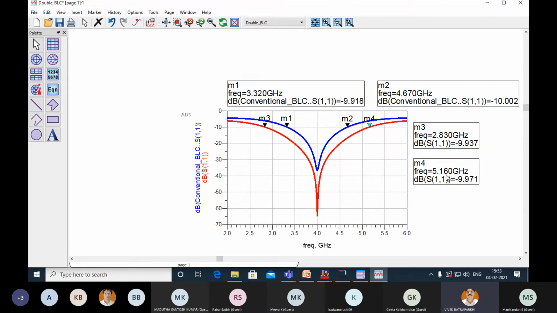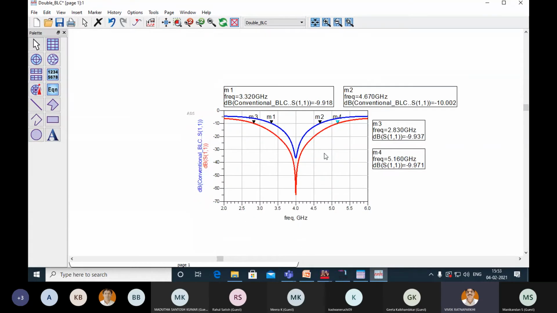And for the second case, it is 2330. If I calculate the difference between 2330 and 1350, it is 980 megahertz. So we have improved the bandwidth by 980 megahertz, and percentage wise 980 is almost 22% of our center frequency. So we can say we have improved return loss bandwidth by 22%.